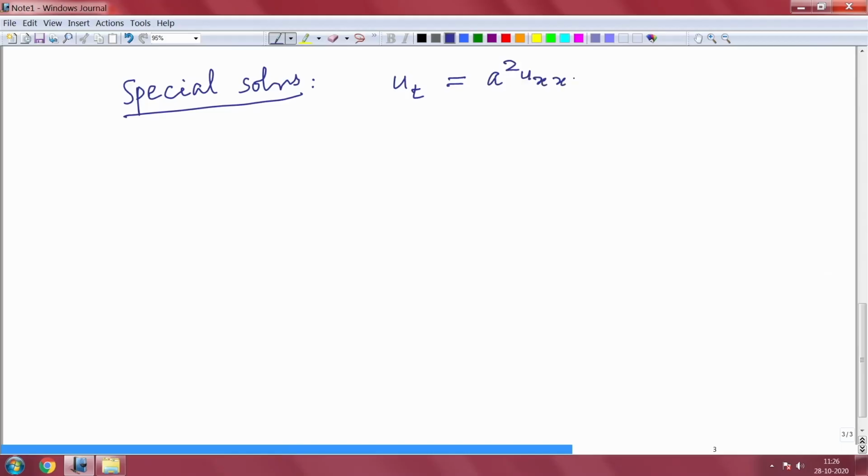So, we see, first you observe that there is a scale invariance. What does this mean? Let me explain that. So, if u(x, t) is a solution,